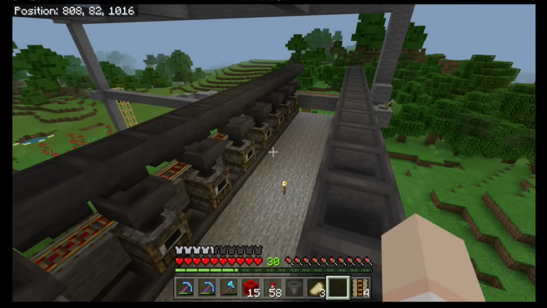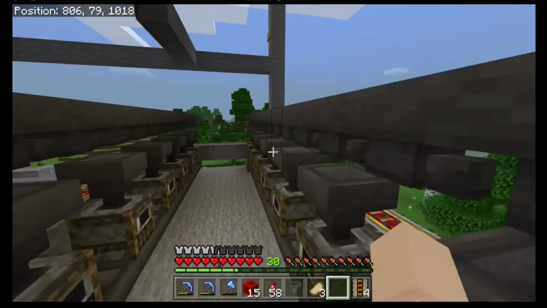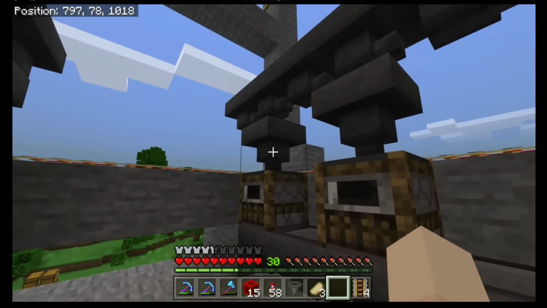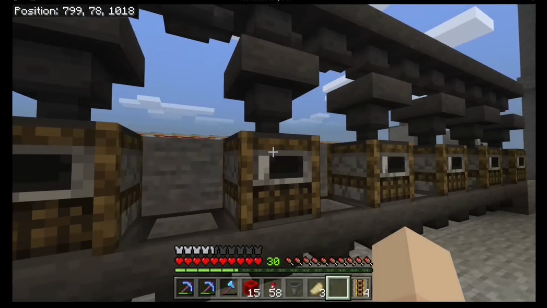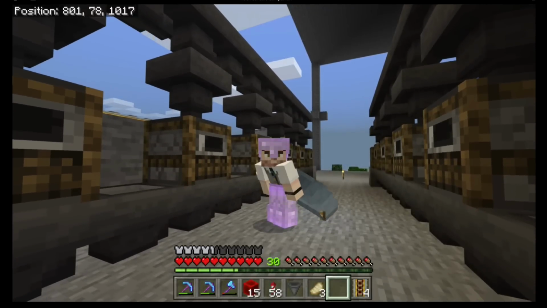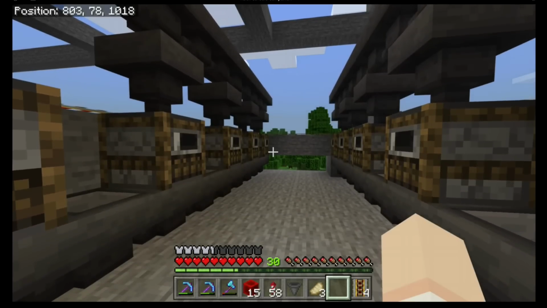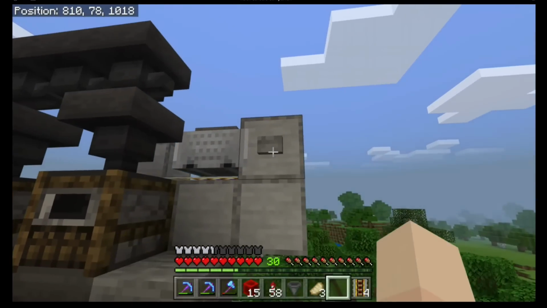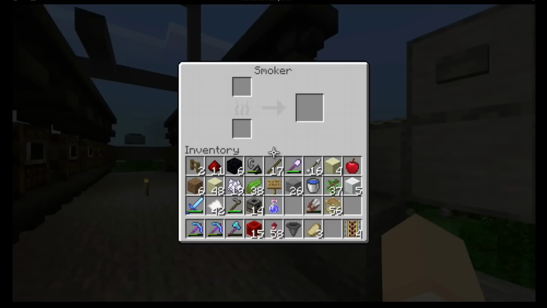So 16 smokers I think is a decent amount because, like I said, imagine that all of this has to max out with a full stack of kelp, and this goes all the way down, and then this has to max out. I think this can handle already, at least I think can handle a decent amount of kelp. So let's go ahead, we're going to press it, and each one should get one,